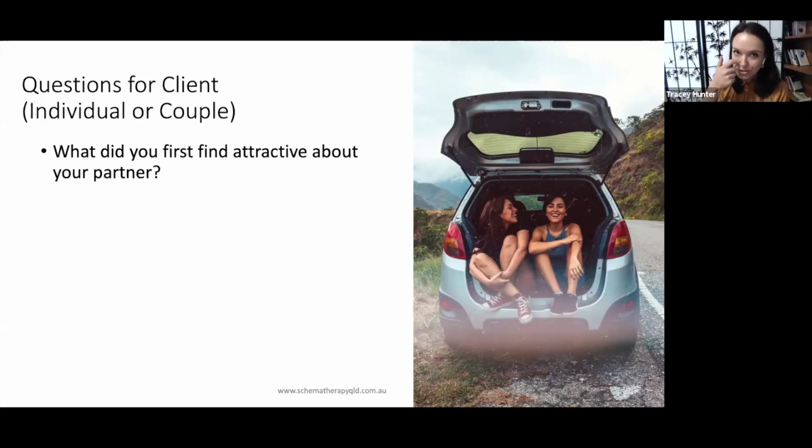And that is going to probably reveal their partner's happy child mode. We are attracted to this happy child mode in others. That's what we usually find attractive, when they're at their most free and joyful. It's unusual for someone to say, oh, I just really liked how serious he was about his work. That's not normally the thing that we find most attractive about a partner. That might be what we admire and say, oh, that's good to know that they're sensible and all of that. But what do we find most attractive about our partner?